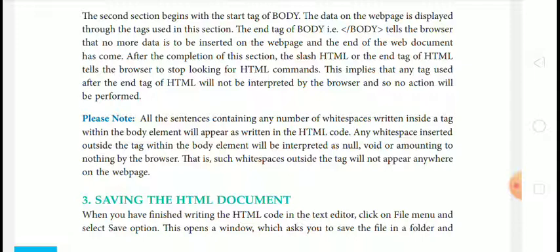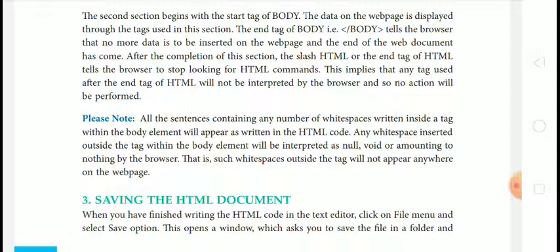After completion of this section, the /HTML or the end tag of HTML tells the browser to stop looking for HTML commands. Means when we close the HTML tag, it tells the browser to stop looking for HTML commands.